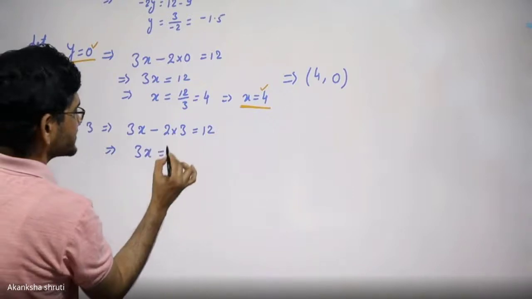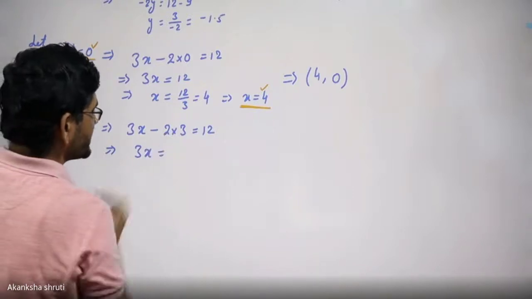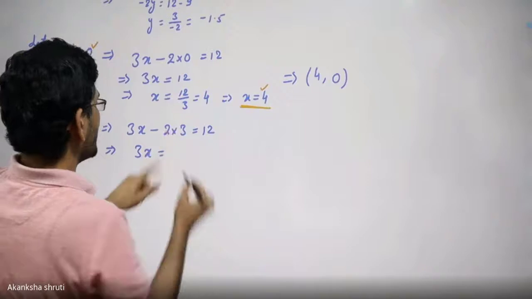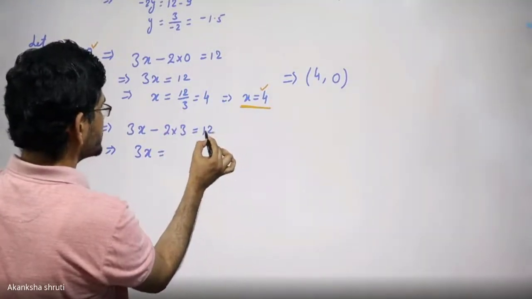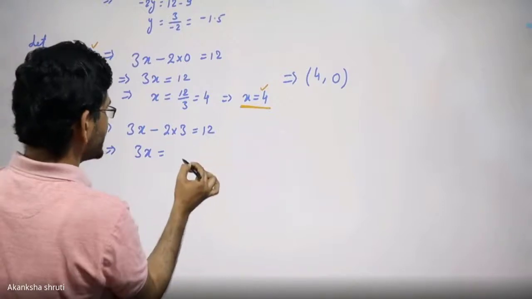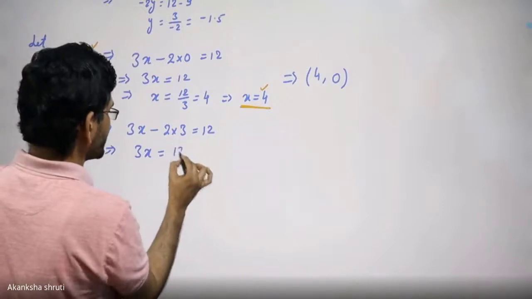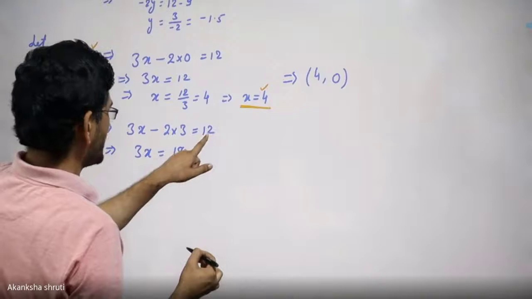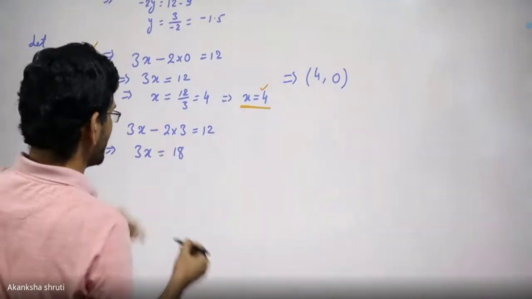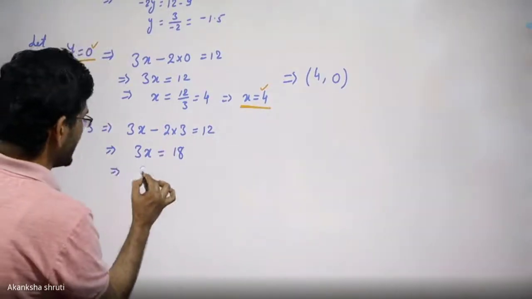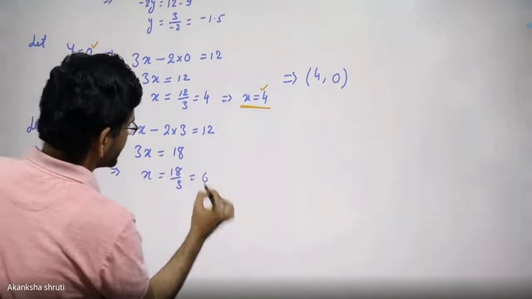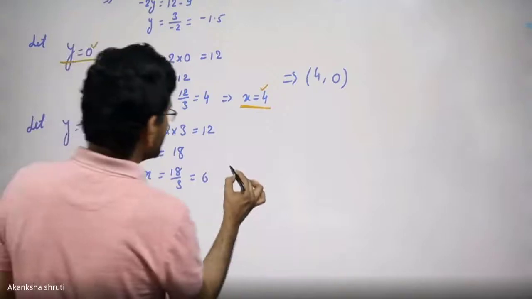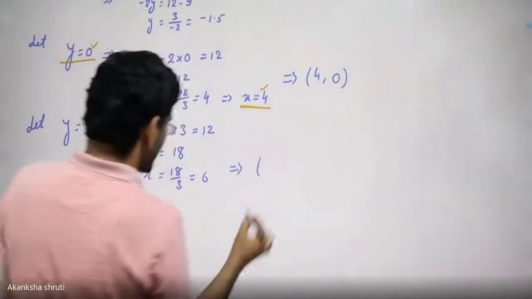So 3x is equal to, it becomes 3 2s are 6. And this 6 will get added here on the right hand side. So 12 plus 6 becomes 18. Be careful. This was 12 and 6 from the left hand side we have taken it. So this x becomes 18 by 3, it is 6. So what does this tell? This tells that x, y is 6, 3. Solution is, yeah, very good.